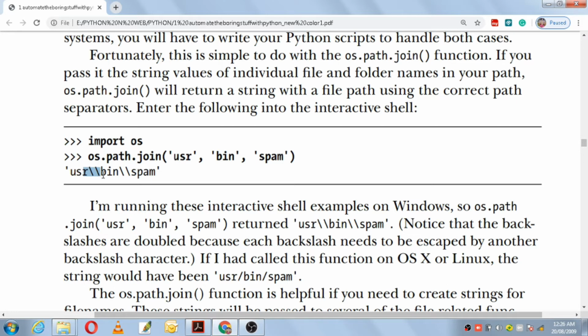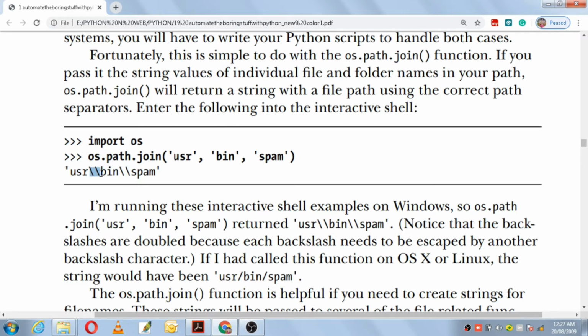Now I want this backward slash to act as a normal separator, but as that slash is used for something else in Python, I want to remove its special meaning. So if you want to lose its importance, you make use of another backslash.